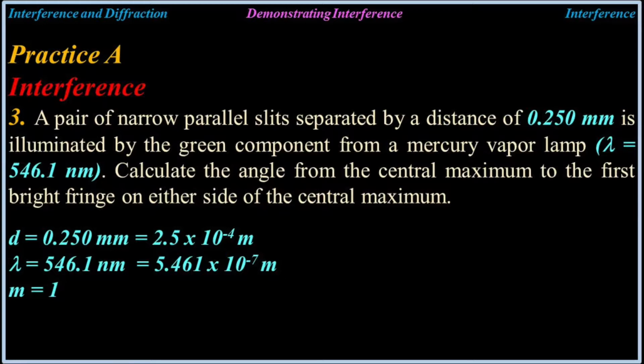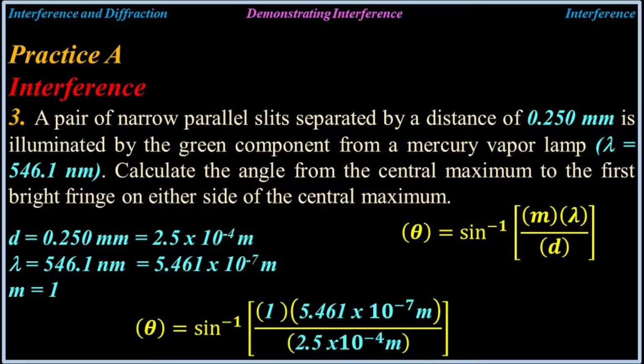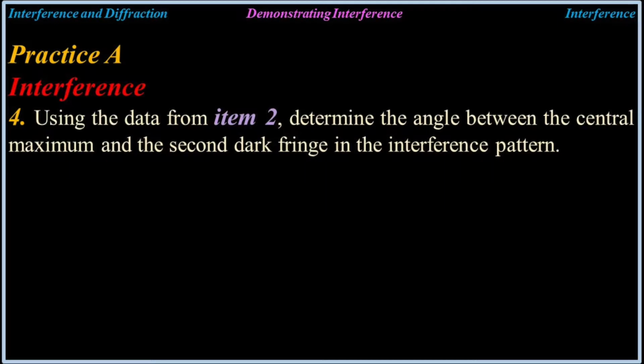There's the information, and there's the equation. You're going to plug into the equation and solve. 0.125 degrees. Using the data from item 2, determine the angle between the central maximum and the second dark fringe